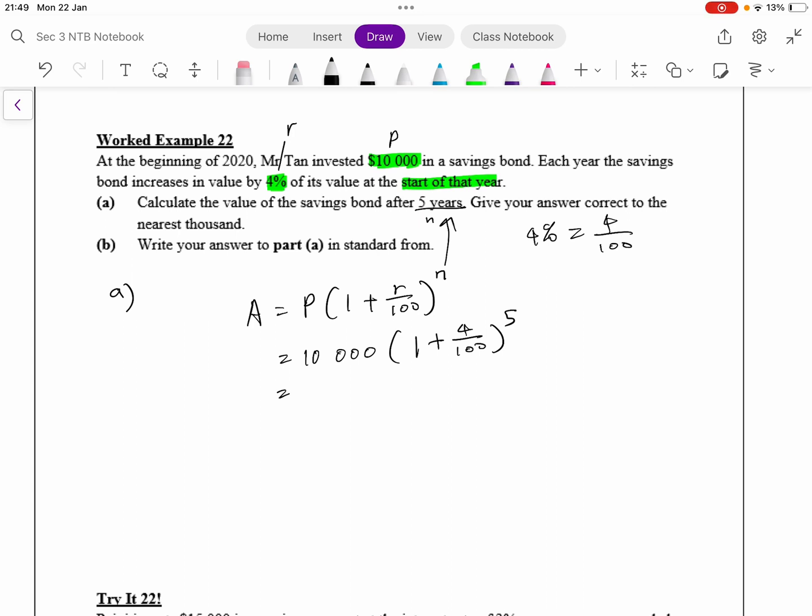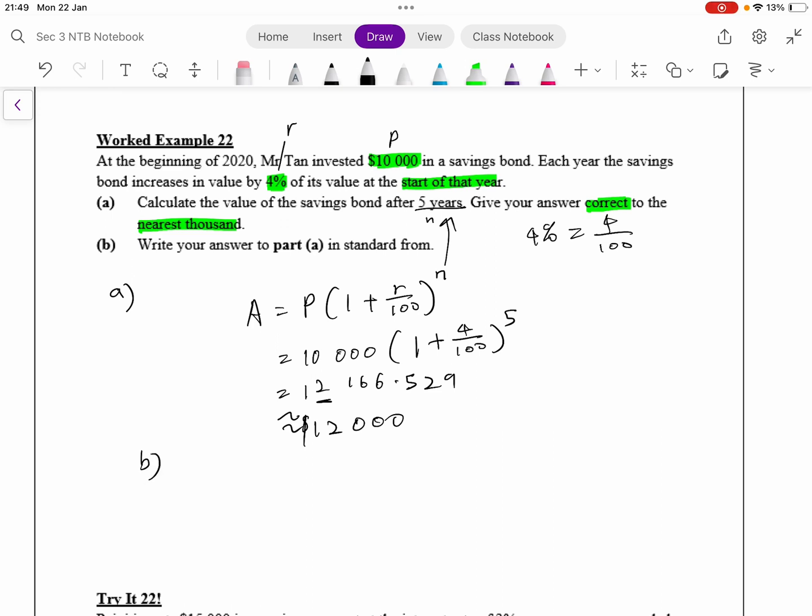So when you calculate in your calculator, 1.04 to the power 5, then you times 10,000, you will get 12,166.529. Then they say give your answer correct to the nearest thousand. Nearest thousand, 12,000. Then in part B,